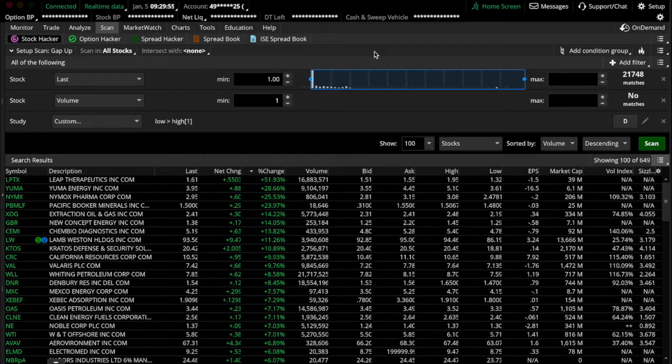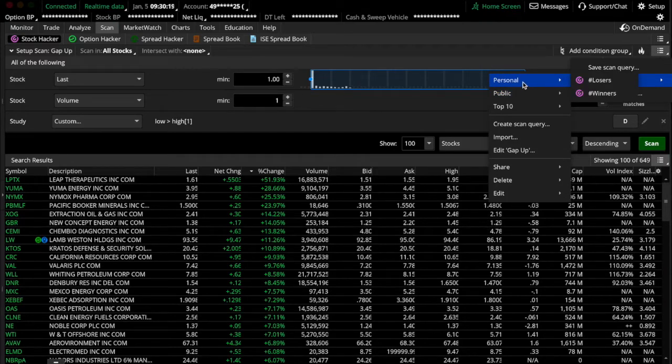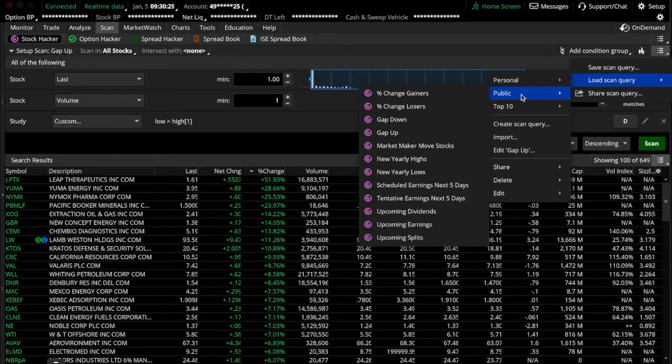ThinkorSwim scripts. So we're going to start with just the pre-made ones that are on ThinkorSwim. If you go to your scan tab and you're on Stock Hacker, you can go to the menu icon that's next to the little fire, which is a sizzle index apparently, and you can load a scan query. Underneath personal are the scans that you save yourself, the ones that you make and save. But the other ones like public and top 10 are pre-made ones. So let's go to